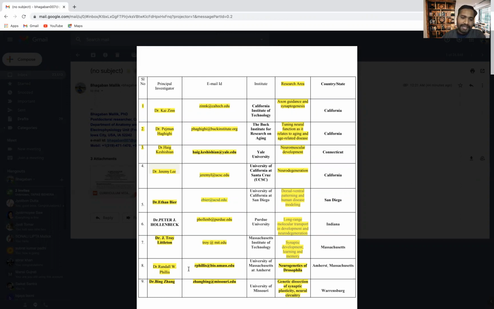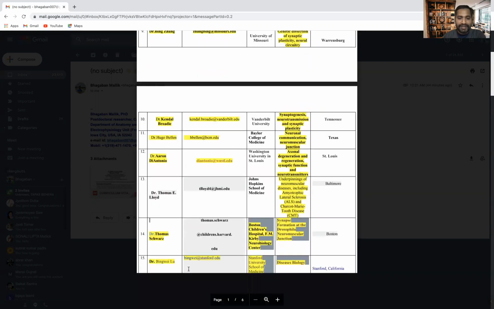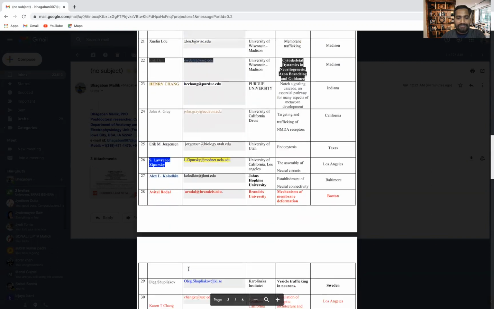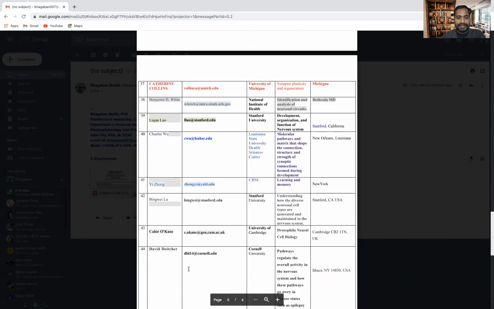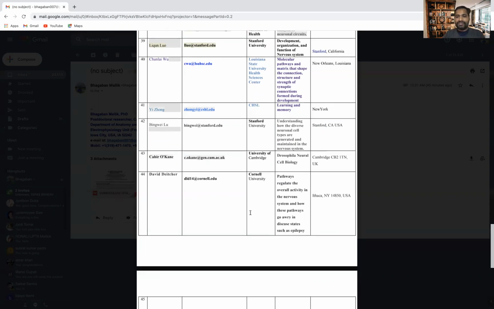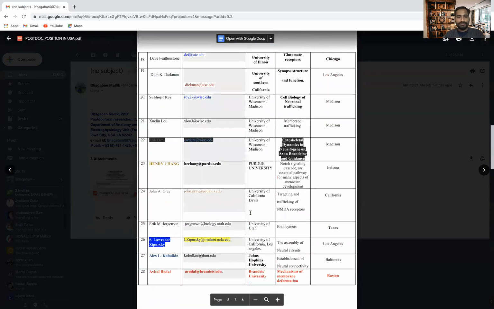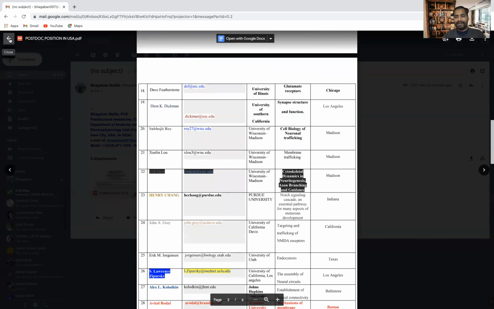Everything I have mentioned here, I shortlisted by searching in PubMed. I made that list of around 44 labs, I think. Yes, around 44 labs I made the list. So you make a list before applying for a PhD or postdoctoral position. According to the area that you are interested in, you make the list of the labs. That will help you to apply, because this is really important. Okay, so apply after making the list.